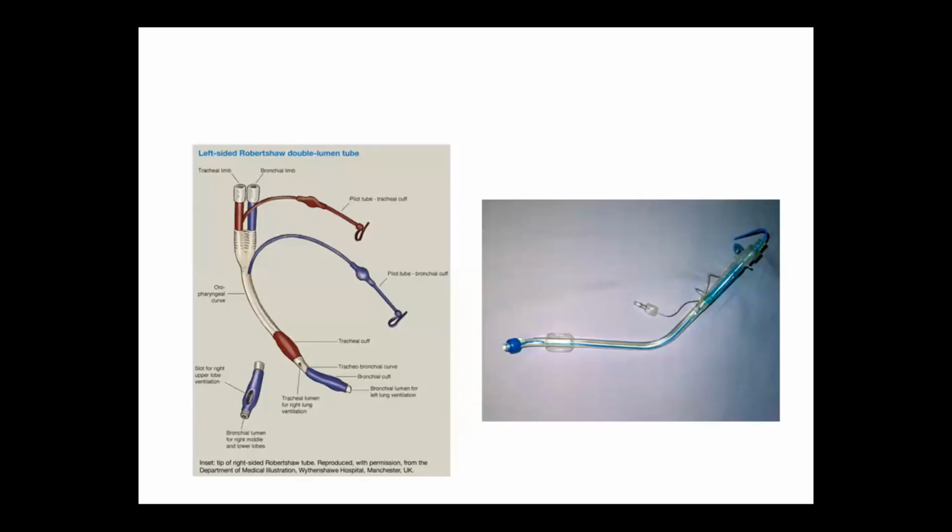Now another very favorite tube is the DLT. If you pick up a DLT and you're thorough with this, you tell all the points of the DLT, you are 100%. There's no chance of failure. It's such a tube. The tube which you're seeing on the screen is a left-sided Robertshaw double lumen tube. Basically, these are two tubes incorporated into one another, hence the name double lumen tube. One is for the trachea, one is for the endobronchial. So all the parts which you're seeing are of the left-sided Robertshaw double lumen tube.